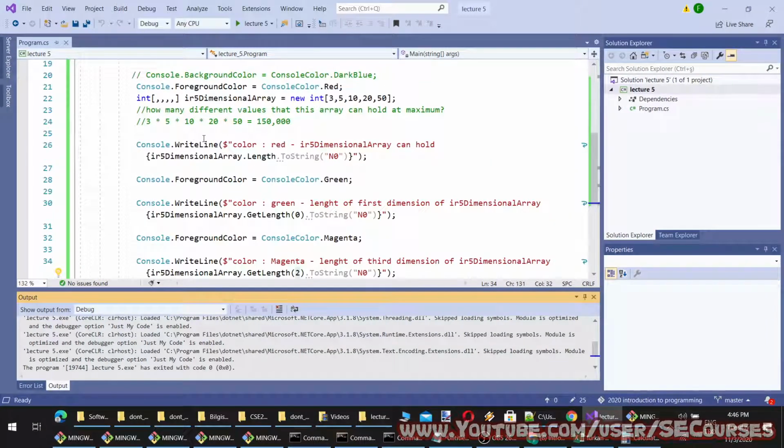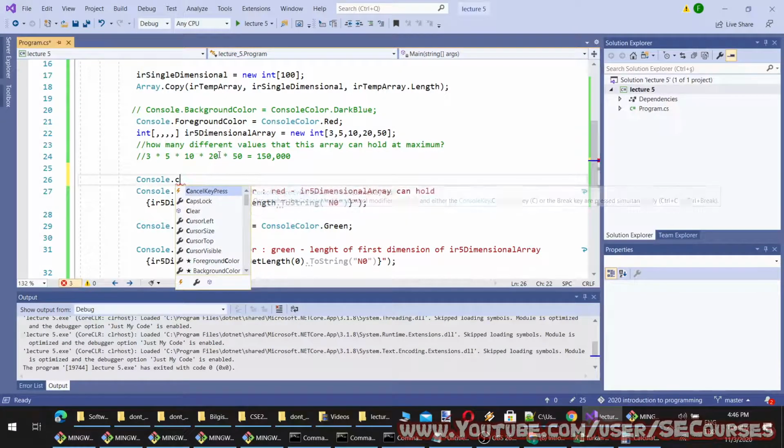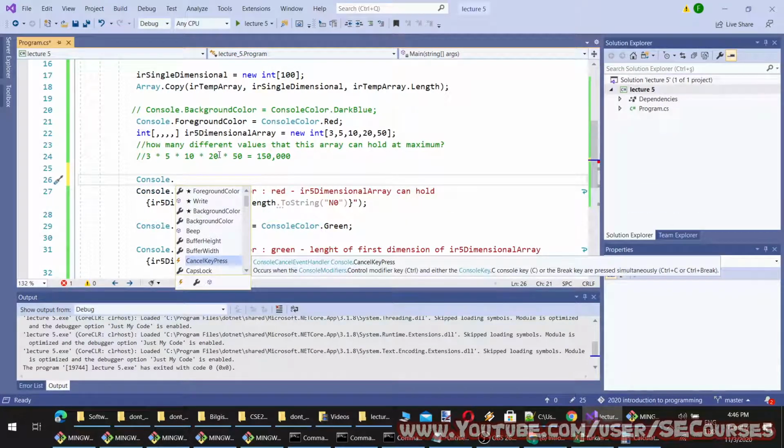We can also set some, let's say, font size, cursor size. Let's try to find it.